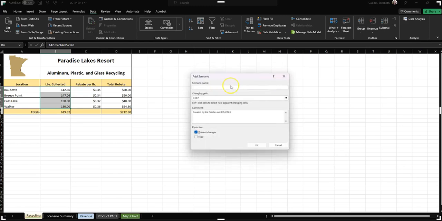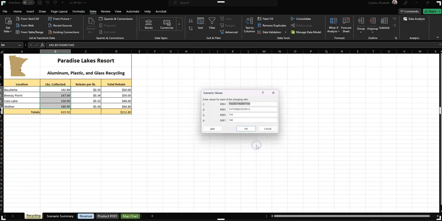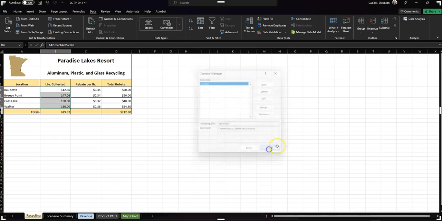We're going to call this Current. And then we are going to say OK. We're not changing any values, and then we are going to say OK. And then we're going to close. Okay, and then now we are going to